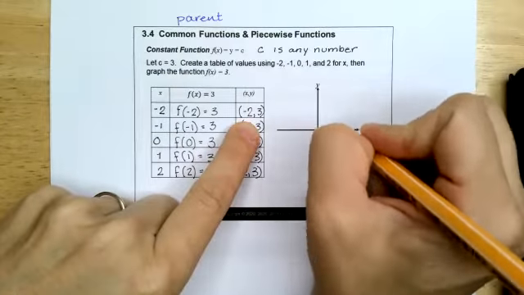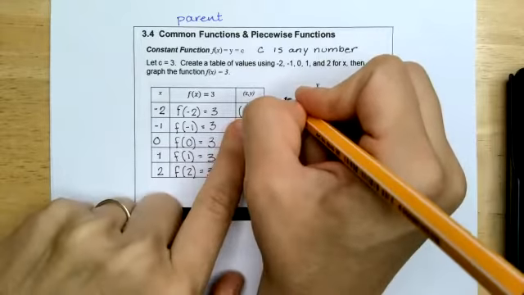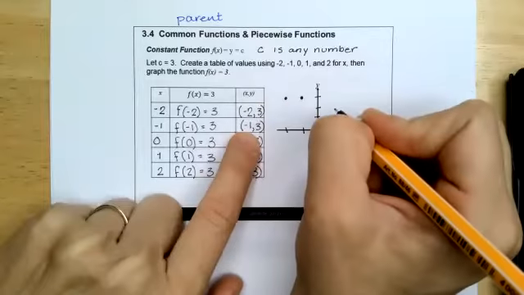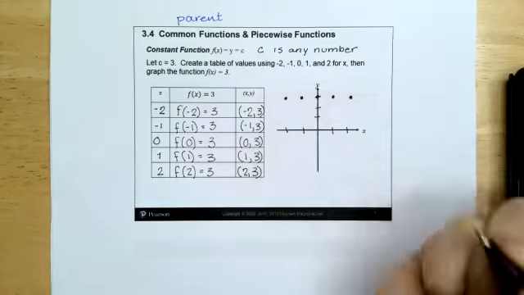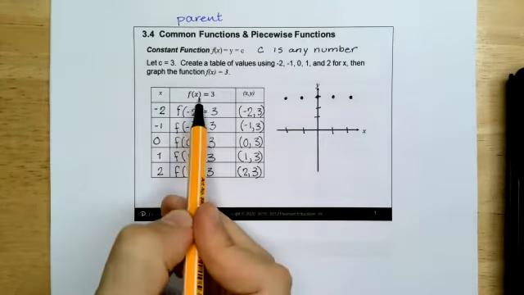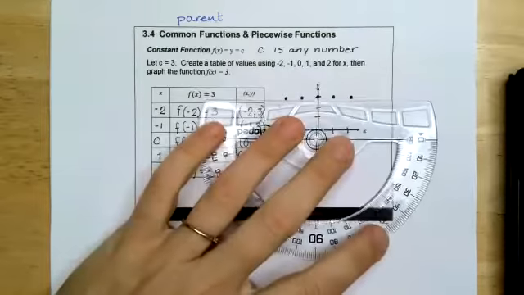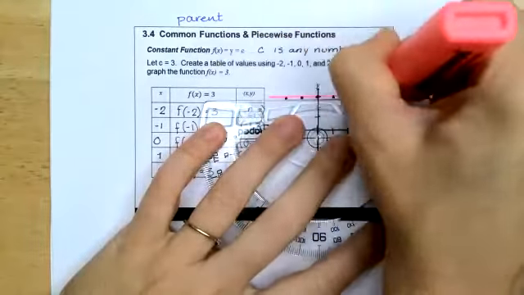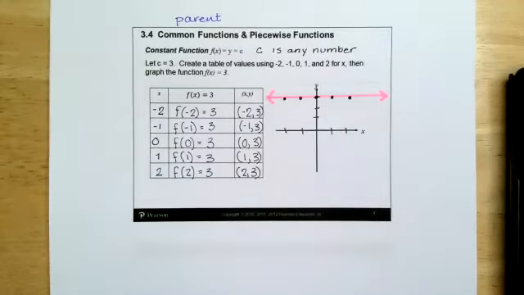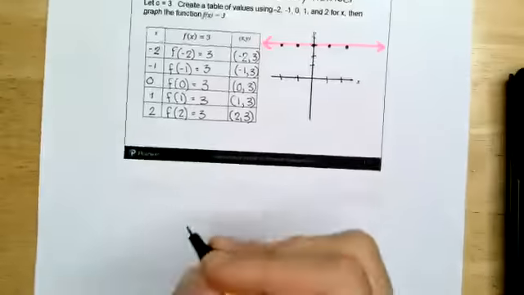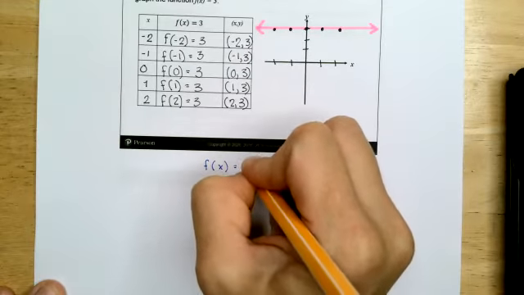-2, 3 means I go out to -2, up to +3; -1, also at +3; 0 is at +3; 1's at +3; 2 is at +3. Good. You are also welcome to just put f of x equals 3 into Desmos and look at it. So the constant function where f of x equals the constant is always a horizontal line. So f of x equals c